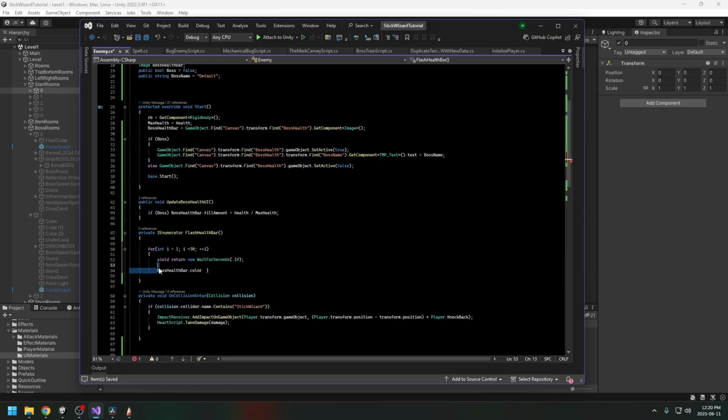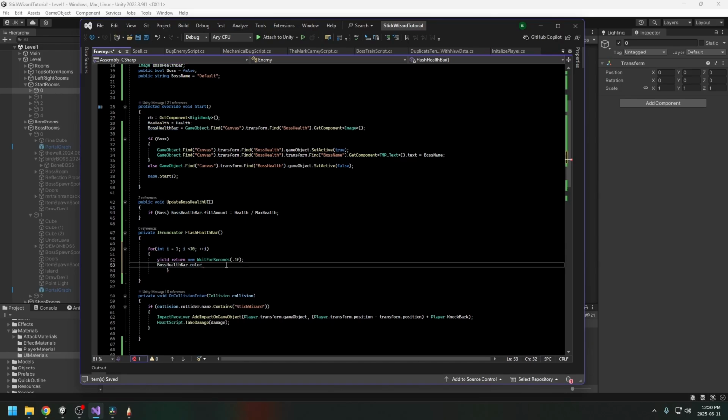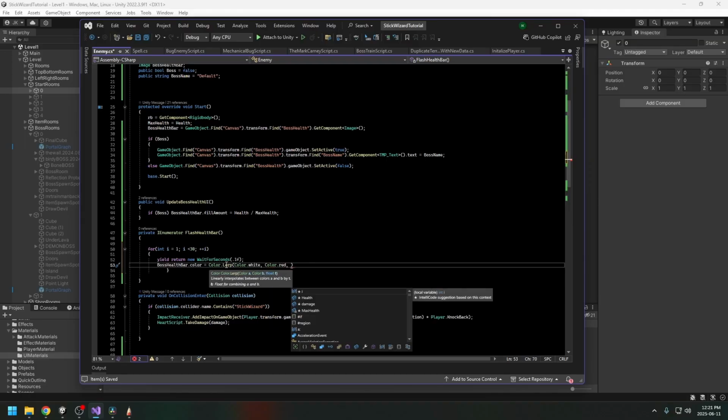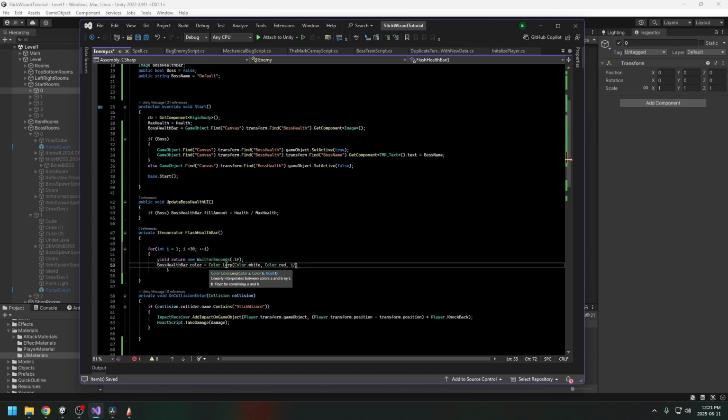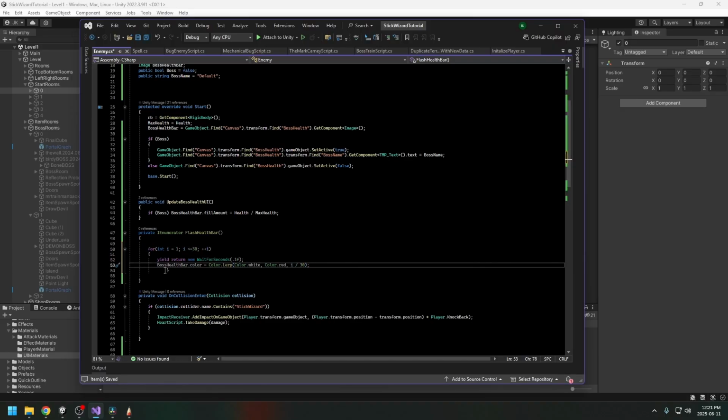And so the color will be color.lerp. So linear interpolation. So we're going to lerp between two colors. So it's going to be white, which is the color that it is right now, and then red. And then the amount is going to be, so the time is a number between 0 and 1. So because we're doing i's between 1 and 30, we just need to do i divided by 29 or i divided by 30, but this needs to be less than or equal. And so then after this is done,